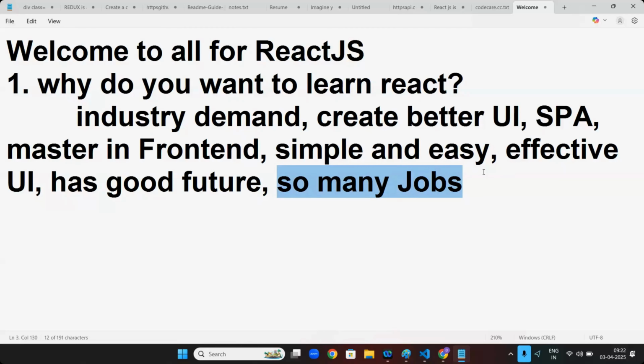No. Imagine I created one nice language which is very easy, but no one is using it. Do you think people will learn it? Imagine there are no jobs on it.